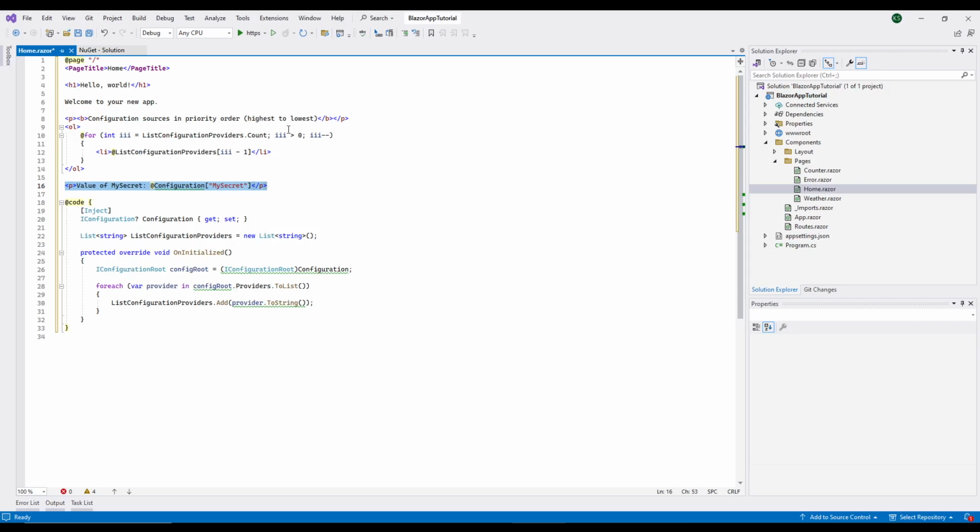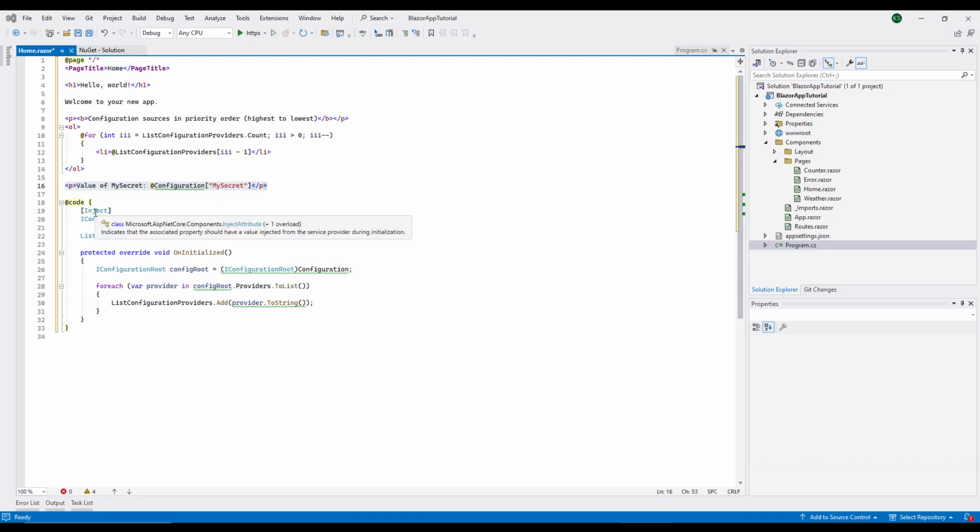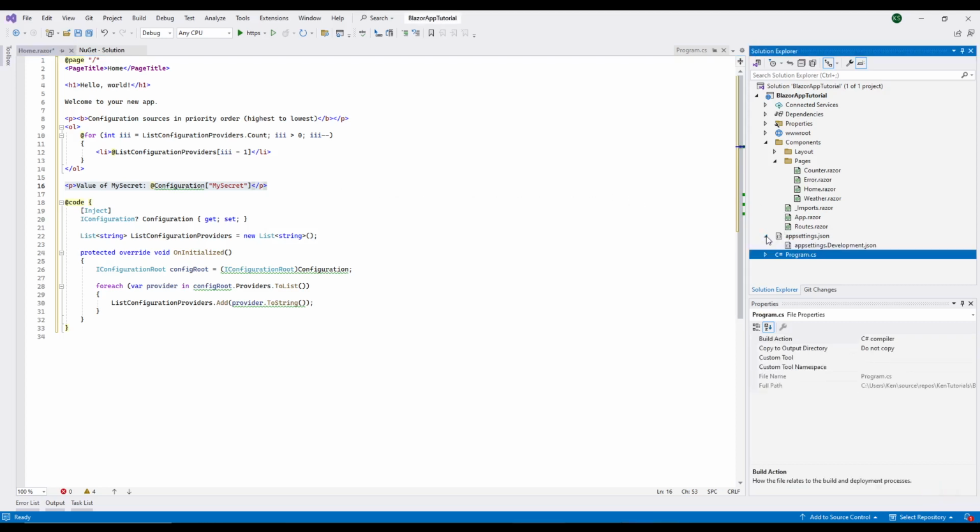It's going to display all the configuration providers. It's just kind of an interesting thing to see. Notice that it's really nice. We can inject this configuration and use it in any class or page. Let's start looking at our configuration sources one at a time. We'll start with